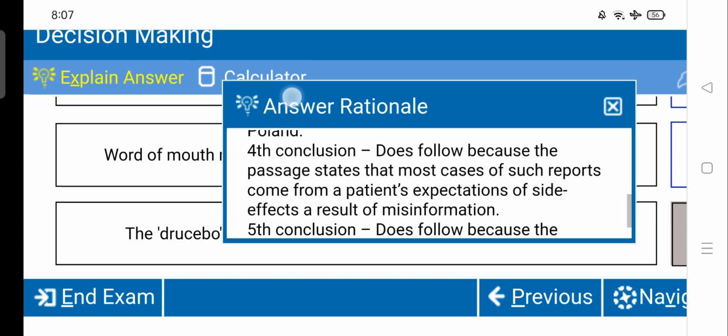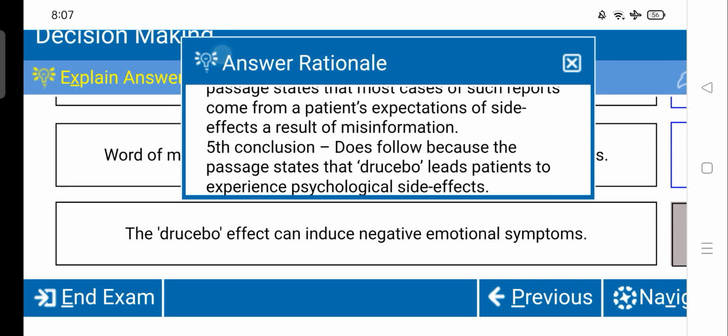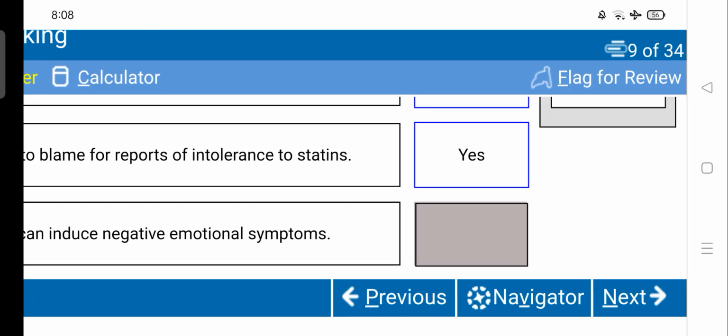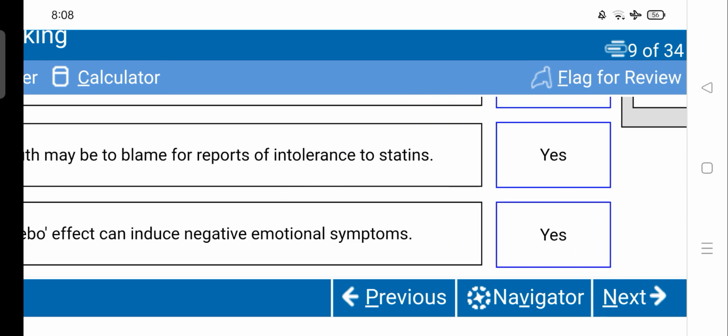Then we have a last conclusion, which is the fifth. The placebo effect can induce negative emotional symptoms. It does follow because the passage states that placebo leads patients to experience psychological side effects. So this one does follow. So again we will drag a yes and drop it in front of this conclusion. There you go. Then we have the next question,